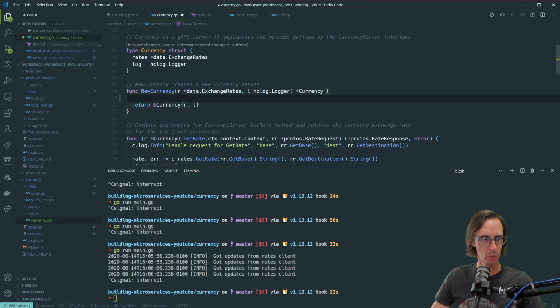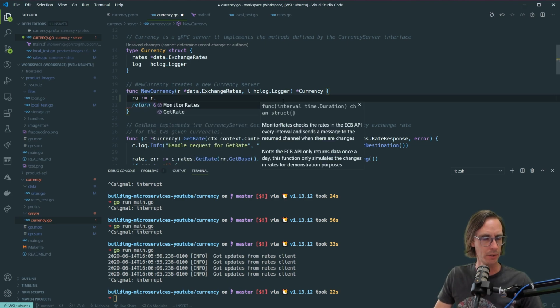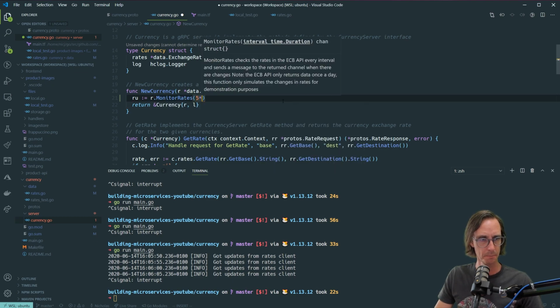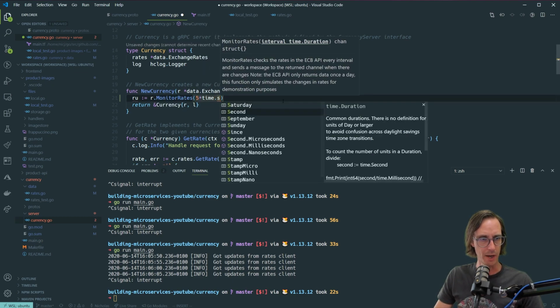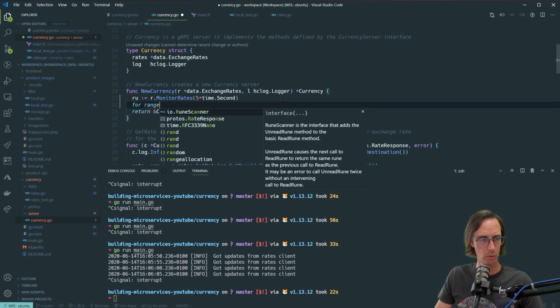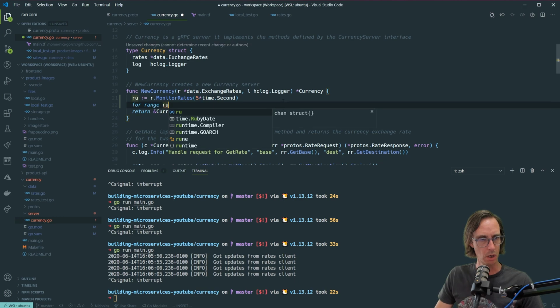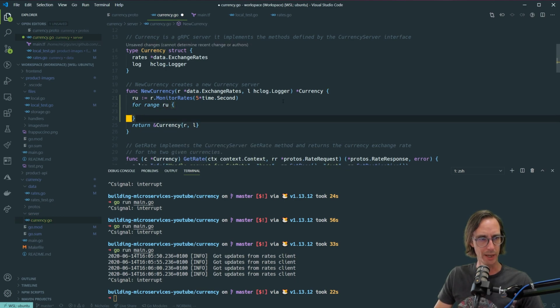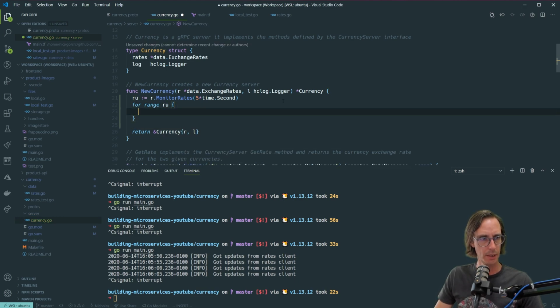So we're going to do, let's think, rates updated equals, and we're going to do the rate client dot monitor rates, 5-second interval, and then we're just going to do for range RU. So we're just going to loop over that channel, and then let's just log that out. So we'll just do l.info